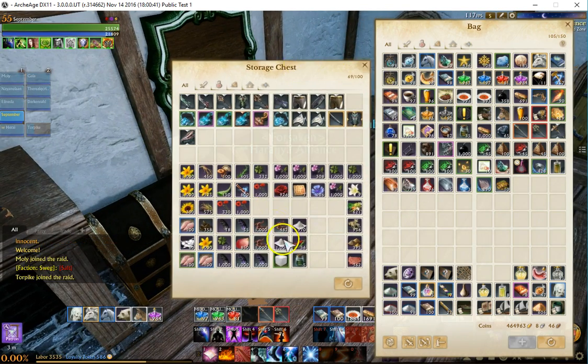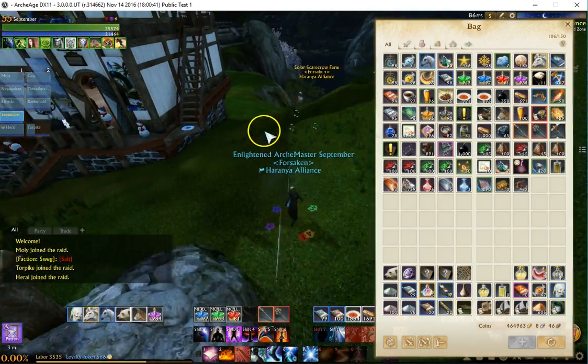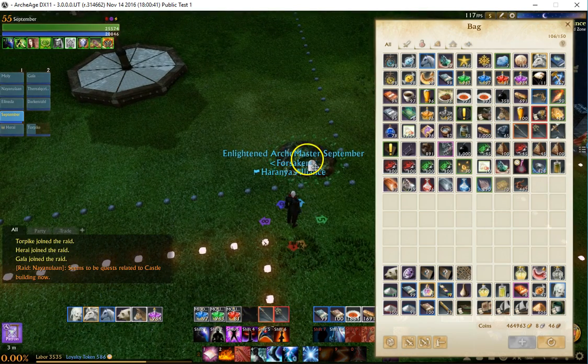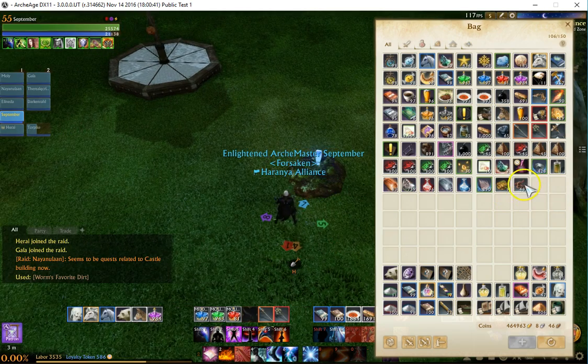Surely I have bait worms. I do. Okay, so there we go. I've got my bait worms. I will pause the video while I make my way back, but I want to show you what these little worm farms look like. There you go. They cost 80 Vocation each. Now